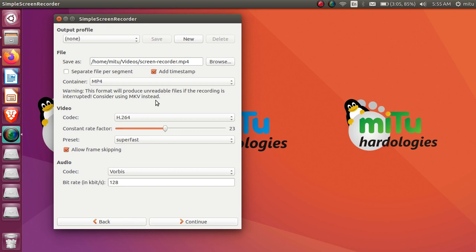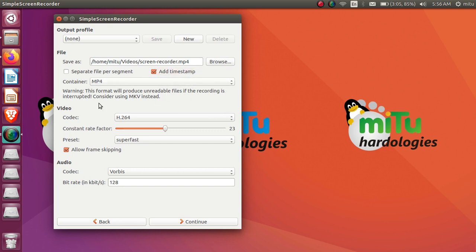That's why the mkv option can be chosen. With mkv, if you accidentally terminate the recording, the file will still be stored in the correct format and you can use it further. So you can consider using mkv in that case.